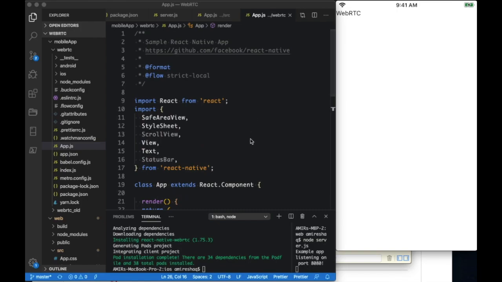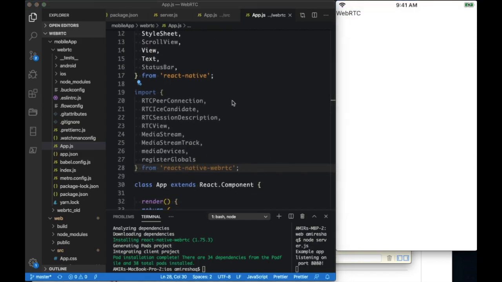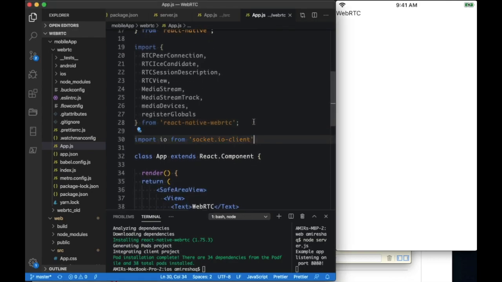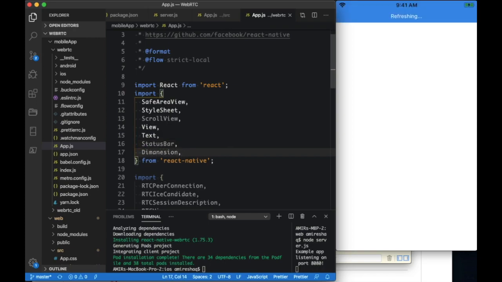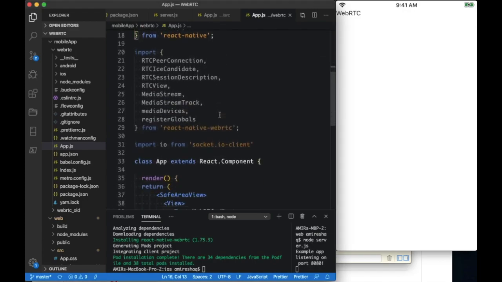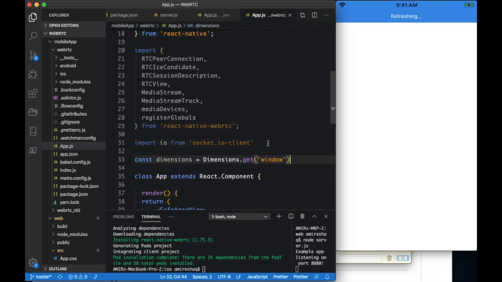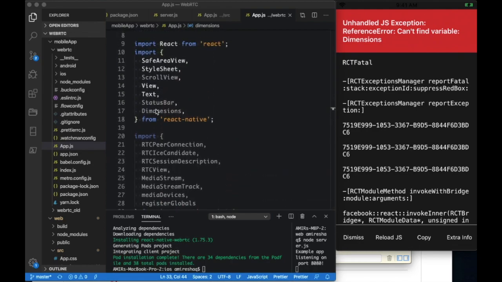Let's go ahead and start with an import from WebRTC, React Native WebRTC. Let's also import socket.io client. Getting device dimensions would be useful. Let's go ahead and define a dimensions constant. Okay, we get an error. Well,